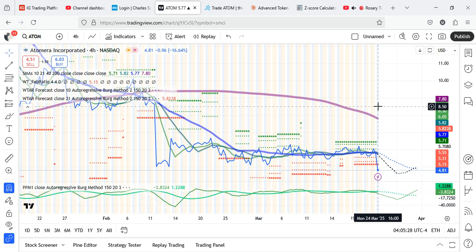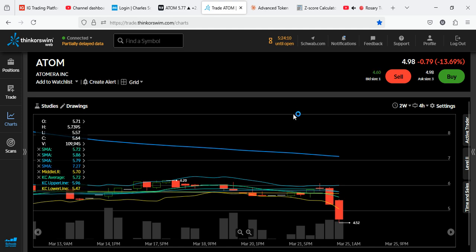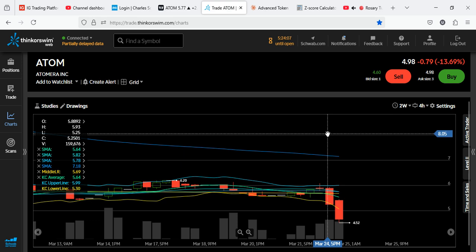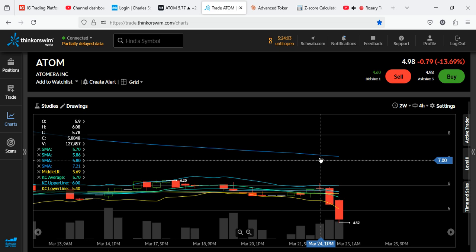So Atom stock is down 11%, down 13.69% in this pre-market session. We haven't found any news behind the plunge. Just know how you're getting involved with the stock, and I'll continue to update you. Our upper projections: 7.2, 8.49, and 9.78. Thank you very much.